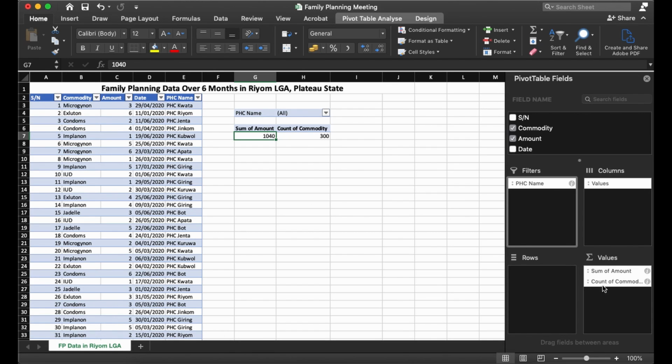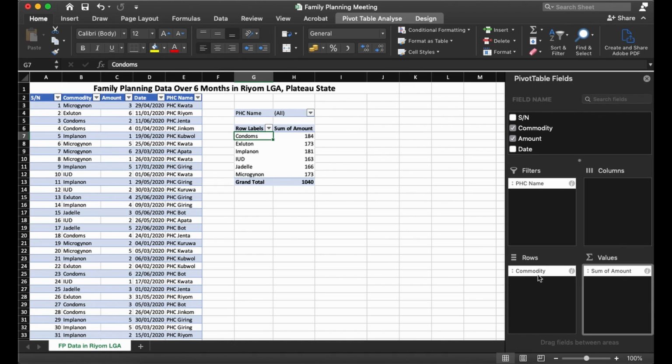And that's why this became what? Count of commodity. Now the cool part with this is, if we take this down to rows first, we have on the rows commodities, and then for our filter we have PHC name, and then for values we have the sum of amount. We can decide that instead of showing the sum of amount, we want this to show the percentage of each of these commodities that have been used over the last 6 months in Riom local government. So if we want this to display as percentages instead of just amounts,